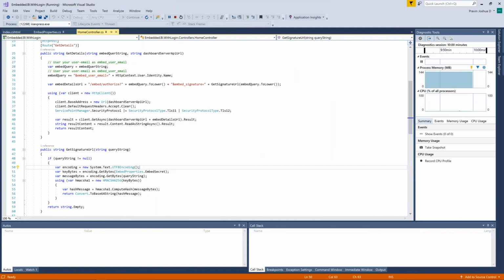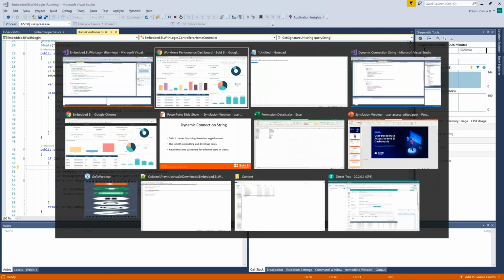It is going to be the same use case that we prepared before. You just need to pass in the user contacts, or their identity or email, along with the signature. So when you send this request URL, the user will be identified and their connection will be switched based upon the details that we provided in the API response.